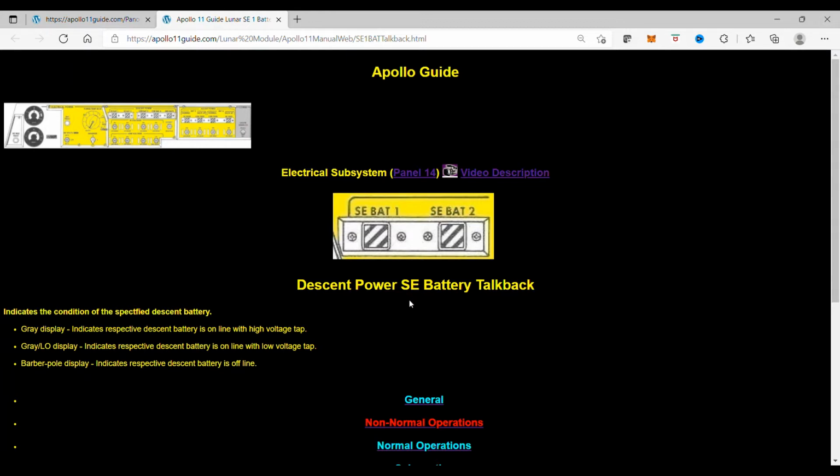Now, what these displays here do is indicate the condition of the specified descent battery. If it's all gray, it indicates the respective descent battery is online with high voltage, or high voltage tap. When it's gray with a low display, it indicates the respective descent battery is online with a low voltage tap. And the barber pole, as we see here, indicates the respective descent battery is offline, not giving any power to